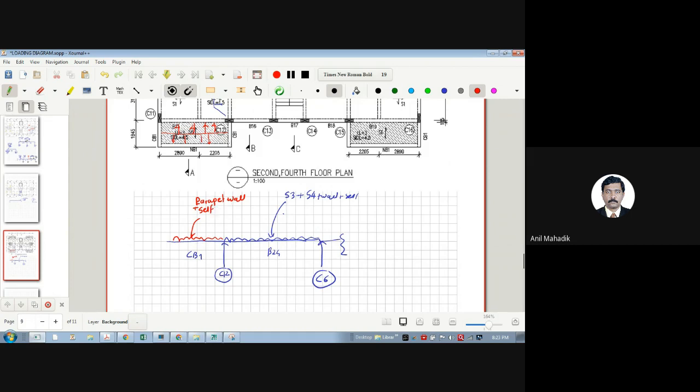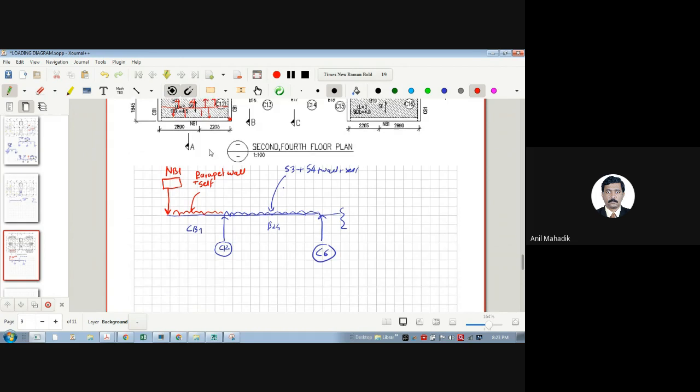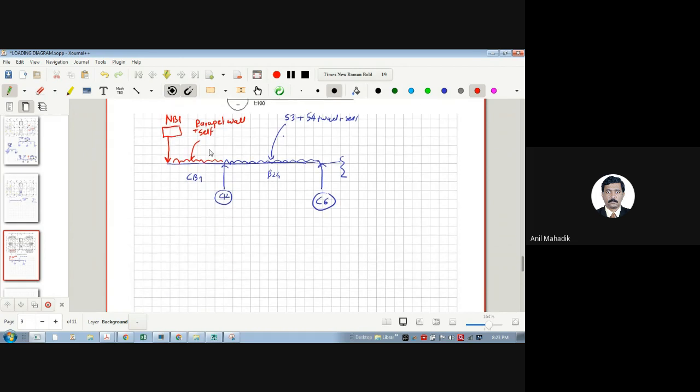and please understand there is a point load here from NB1. So I will also draw this NB1 point load. Here you will write the value of NB1, the shear value of NB1. And for that you need to draw the loading diagram of NB1 first. So NB1 will be